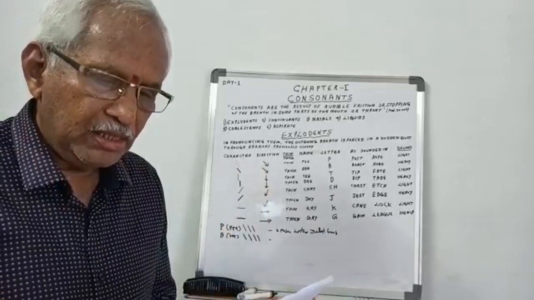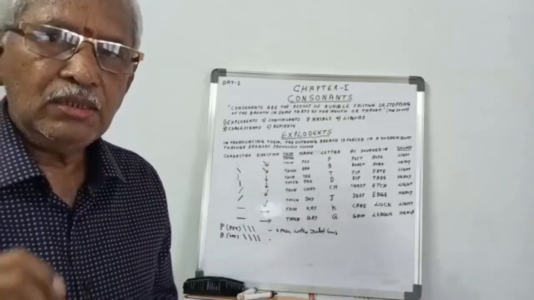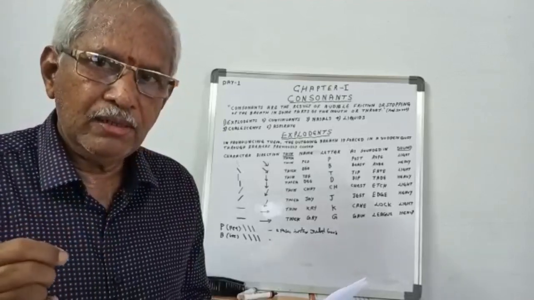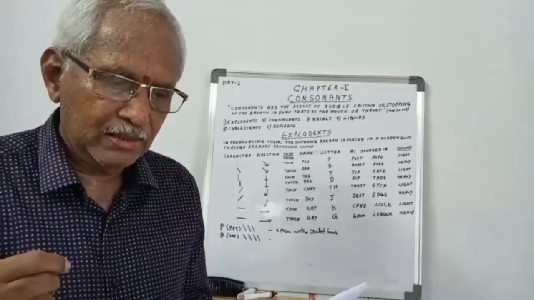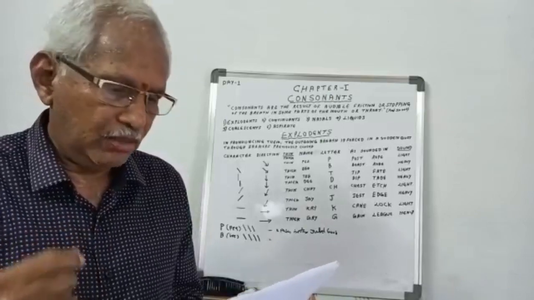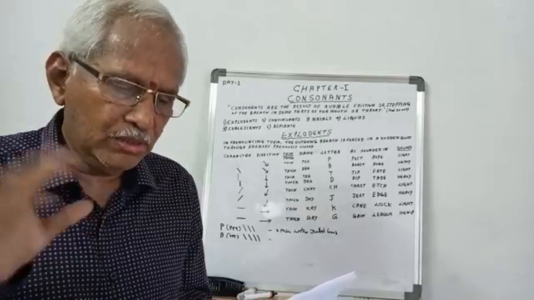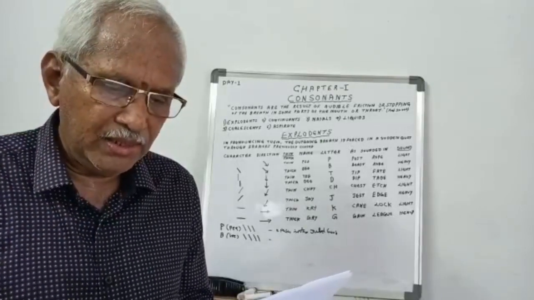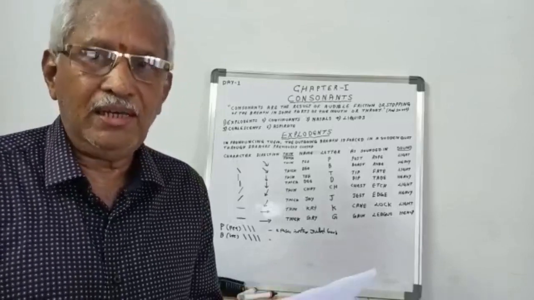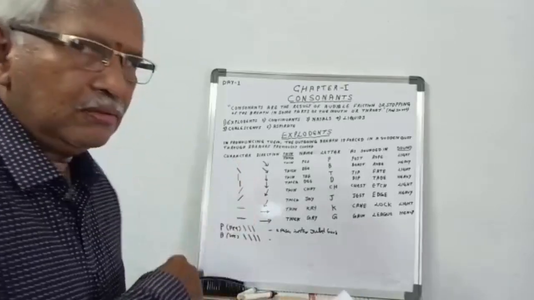The stroke must be written slowly at first. The student has to write first slowly, and then after having practice, more rapidly and fast. Further, I advise all the students to write the above characters a number of times, duly memorizing their phonetic names. P, B, T, D, CH, J, K, G, and so on.